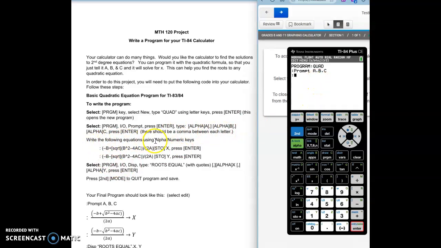Now you're going to write the following equations using the alpha/numeric keys. So we're going to follow this exactly as we see. So parenthesis, and then negative. I want to point out that this first thing in front of the B, just like in the quadratic formula, is the negative sign, which is to the left of enter. Do not hit the minus sign. It will not work if you hit the minus sign. Alpha B,